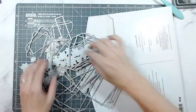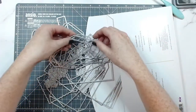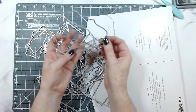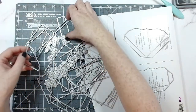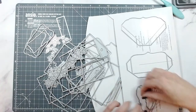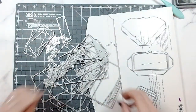And this is where you make a big mess. Now this one is humongous, so you can use that with some of the other dies. And all of these shaped pockets here, they come with mats as well, so I'm hoping it's not too bright or glary here. See, we even have the shorter one there. There we go, that one. I'm just going to do a couple of pockets with you guys,